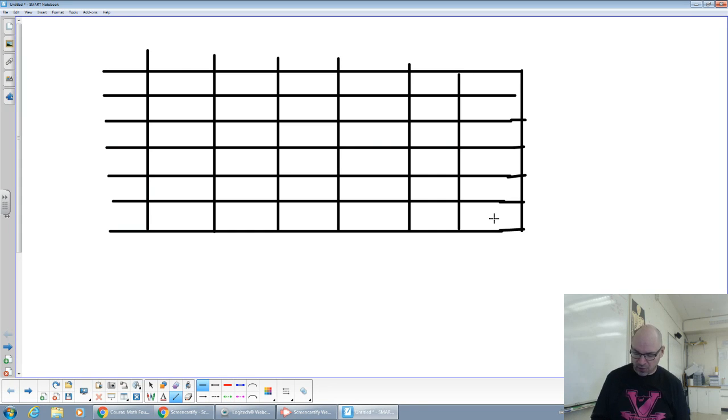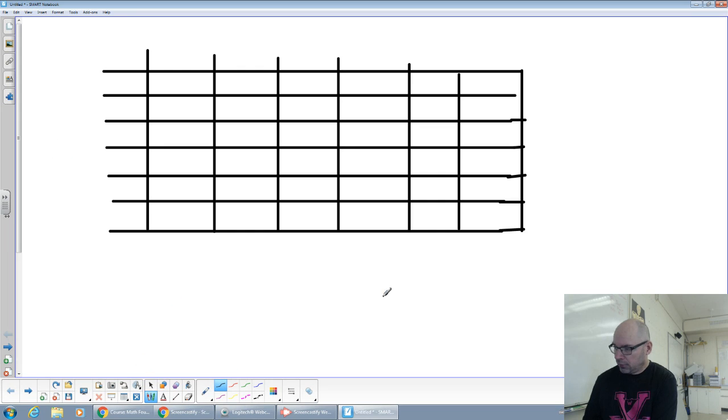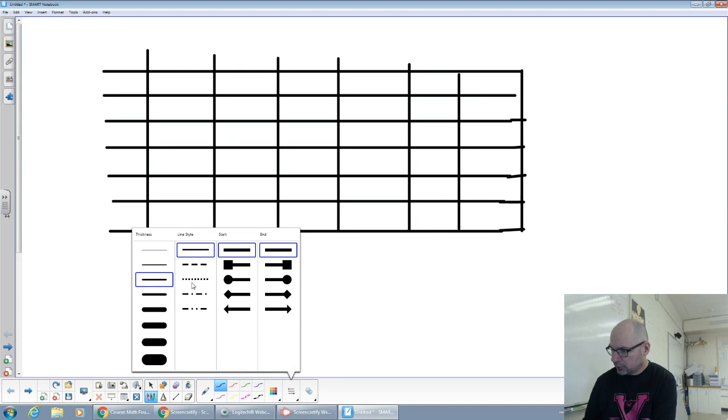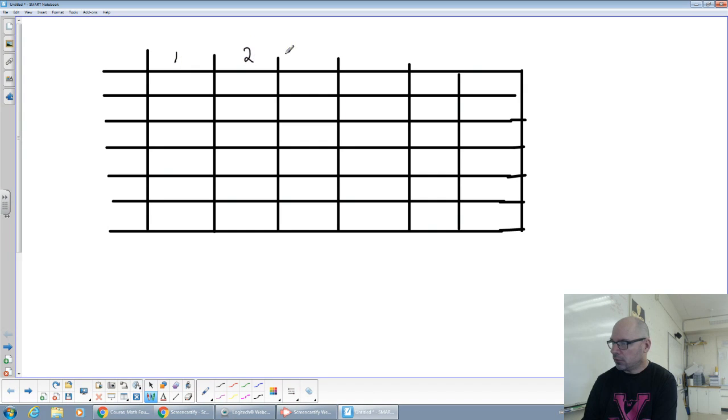So one die we're going to put along the top, and one die we're going to put along the bottom. So if I take my marker out here, okay, so if this is dice 1, okay, and this is dice 2,